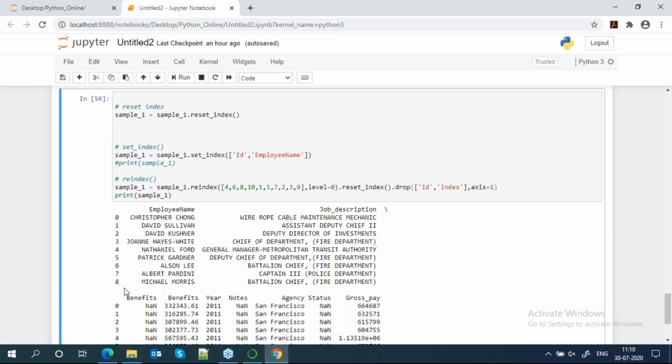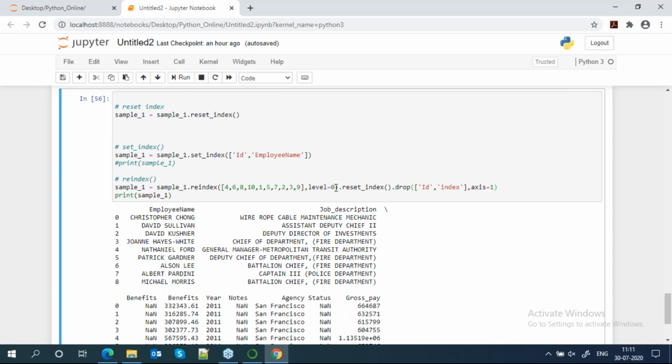What does level 0 mean exactly? Let me explain the working of that. Here you can see that I am using set index with ID and employee name. Here I set two indexes: one is the column ID, one is the column employee name. While you are working with a multi-index table, you need to give the option of which index. Suppose this is my first index, ID. This is level 0 and this is my level 1. So you need to pass according to which column, which particular index it will re-index. So here I'm passing level 0.